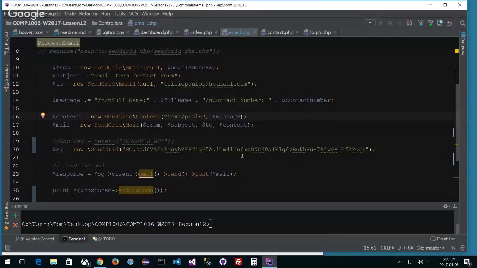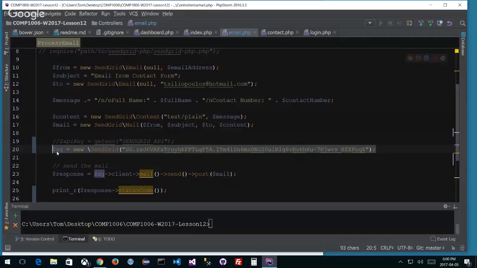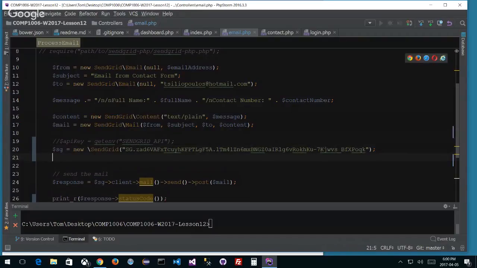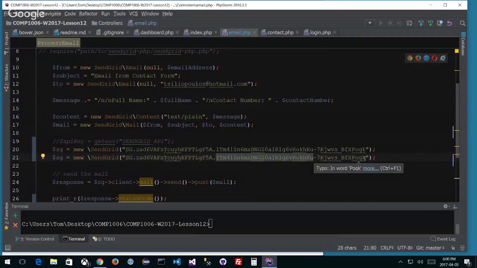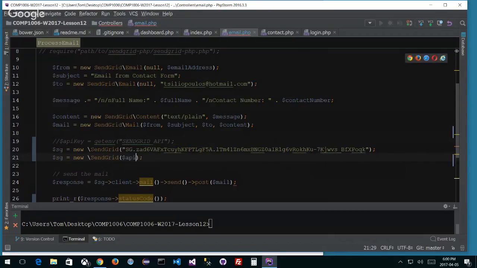Okay, now let's check out the other way of doing it. I'm going to copy this line for a second. And to prove that to fail, I'm going to put in my response code. Just copy all this in here. And go API key, so $API key. And API key is going to be equal to,